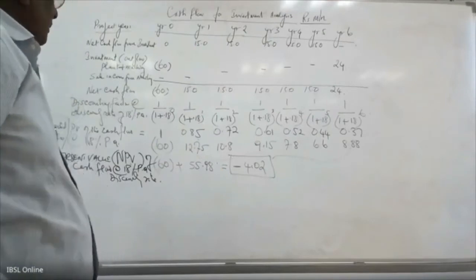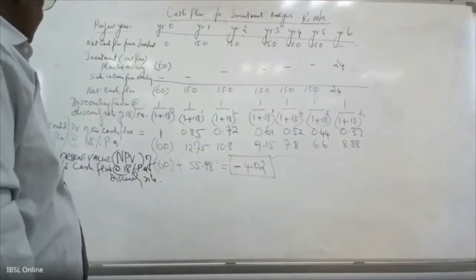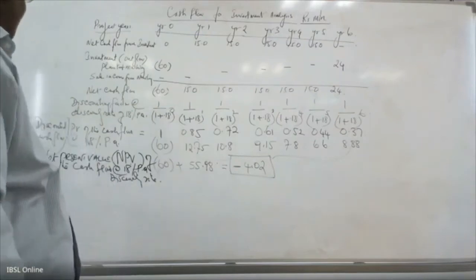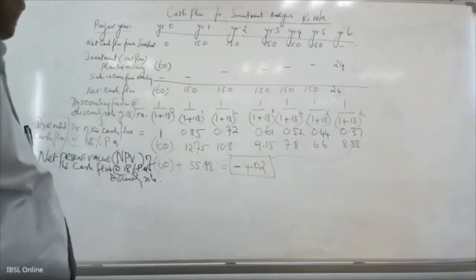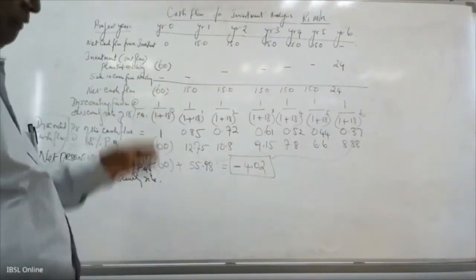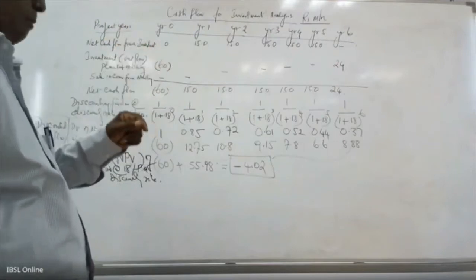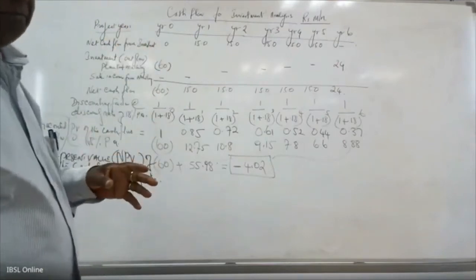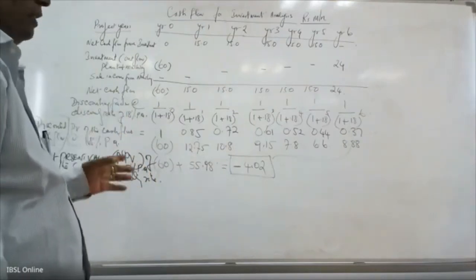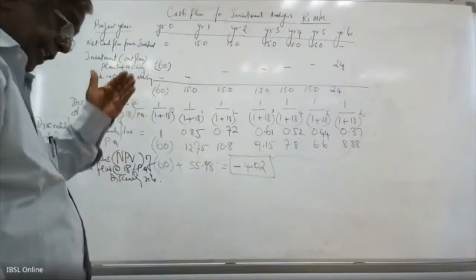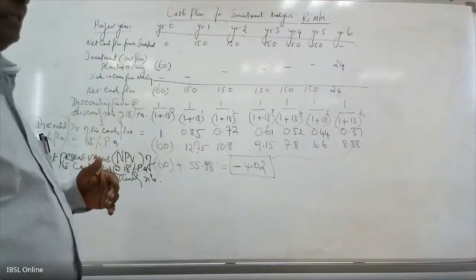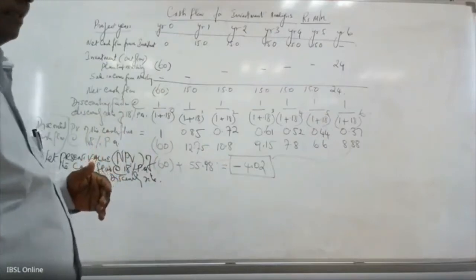Right. So now it is 4.02 minus. We call it the net present value, NPV, of the cash flow at an 18% per annum discounting rate. At this borrowing rate, this project is not worthy. So if the bank considered reducing the interest rate, we can see whether it is worthy.